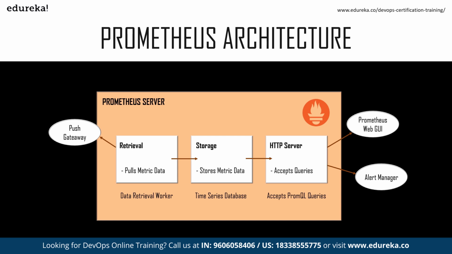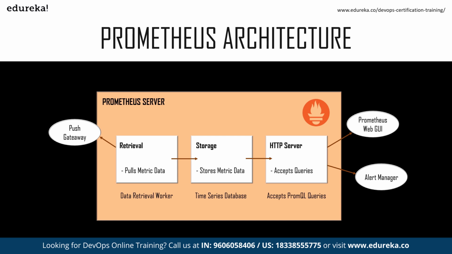Now, you define the targets to be scraped and the time interval for scraping metrics in the prometheus.yml configuration file. You get the metrics details by querying the Prometheus time series database, where Prometheus stores metrics, and you use a query language called PromQL in the Prometheus server to query metrics about the targets. So in other words, you ask the Prometheus server via PromQL to show the status of a particular target at one particular time. As you can see in the third white box, it accepts PromQL queries.